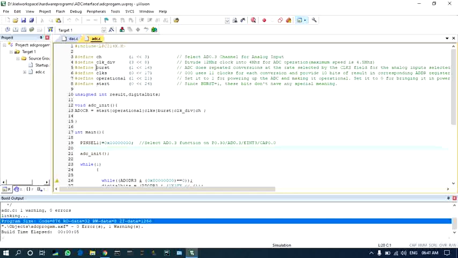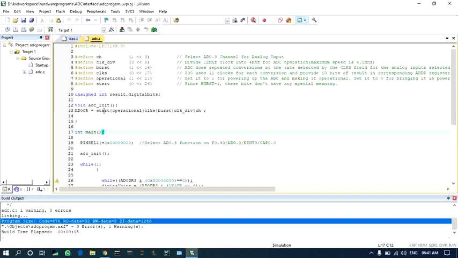Since burst is set to 1, start bits do not make sense, so we are resetting them. In order to select AD0.3, which is at the third position, you take the value 1, shift it by 3 and then OR it to AD0CR.